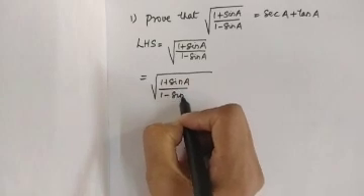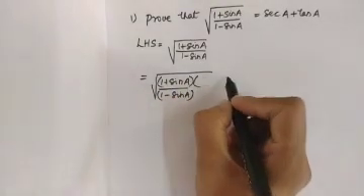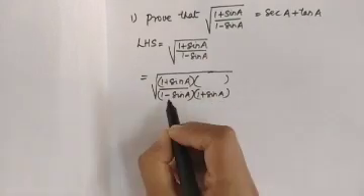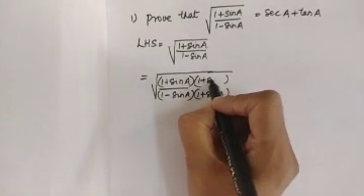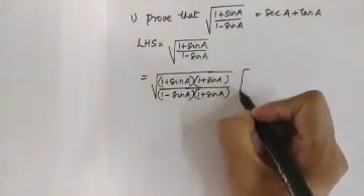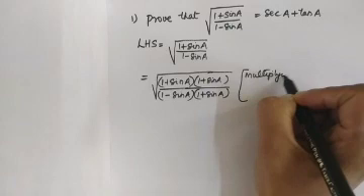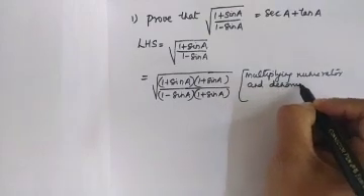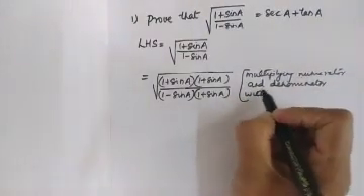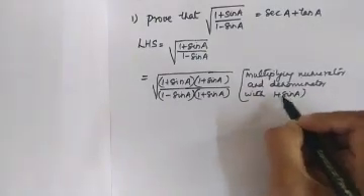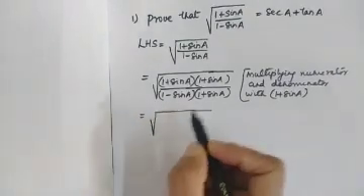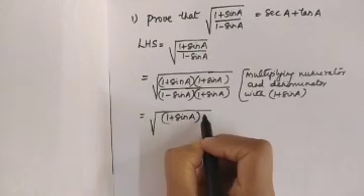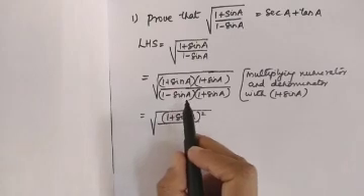First the question is written as it is. Then you multiply the numerator and denominator with 1 plus sin A. Here it is 1 minus sin A, so 1 plus sin A. Here also you multiply with 1 plus sin A. Now the numerator is 1 plus sin A into 1 plus sin A, that is (1 plus sin A) the whole squared, divided by the denominator, 1 minus sin A into 1 plus sin A.